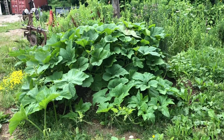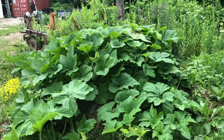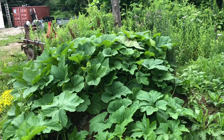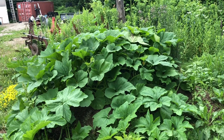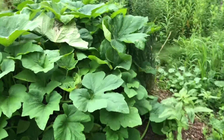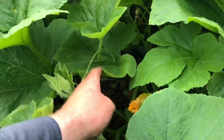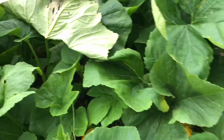So we've got gourds. I can't even see the hill now. Problem though, I'm getting flowers, which is good. That's a good thing. But these stupid cucumber beetles are just, well, they're not on that one, but the flowers,